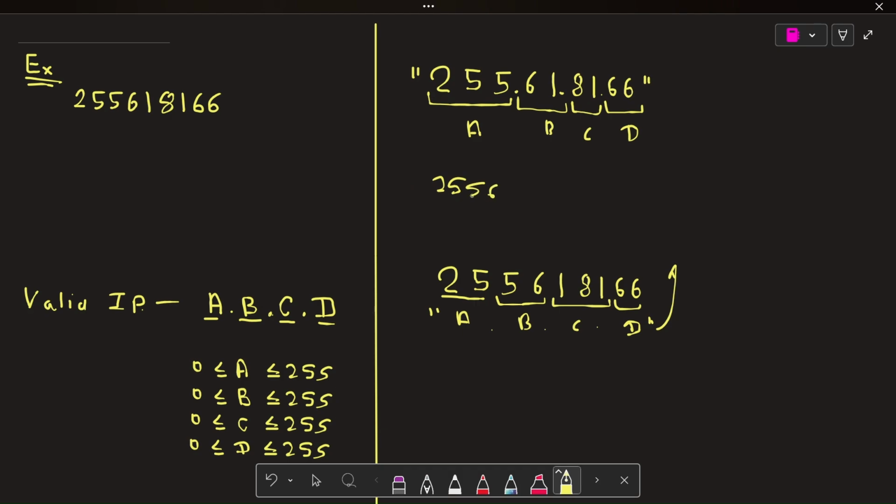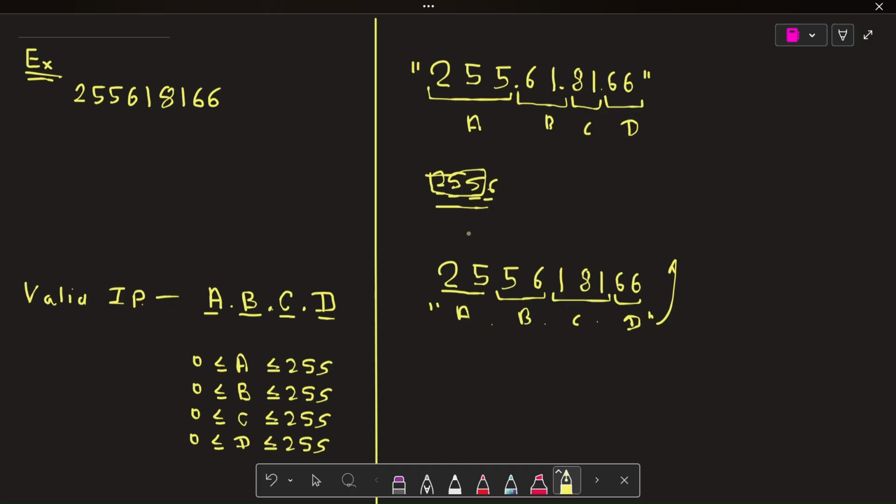Suppose we have 2556, so we can choose this one as A, this one as B, this one as C, this one as D. So the minimum length is what? 4. Each partition has a maximum length of 3. If it is 4 digits, then definitely it will not be in the range of 0 till 255. So this is the case.